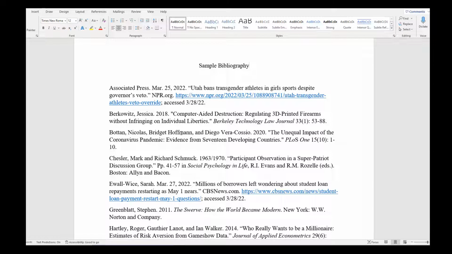Any subsequent authors can follow that. They don't have to be last name first. Followed by a period, followed by the year that article was published, period. And then the title of that article in quotation marks, because that brings it out. Oh, that looks like an interesting article, because I can zoom in on that and see what the title of